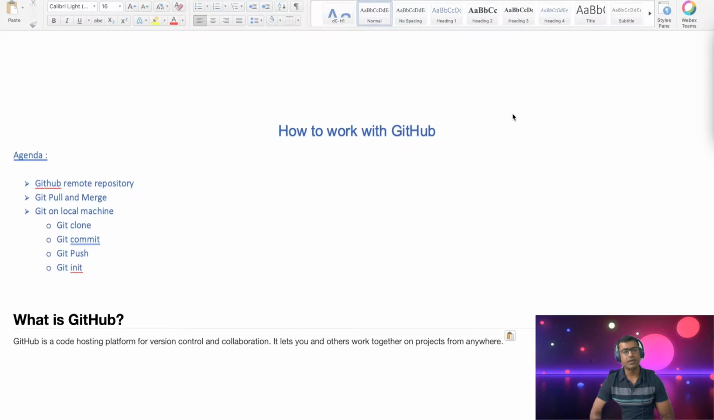We have GitHub as a remote repo or website. What functions can you do there? You can do a pull, merge, and other things. We'll talk about that. Then on the local development machine, I'll show you how to clone a remote repo